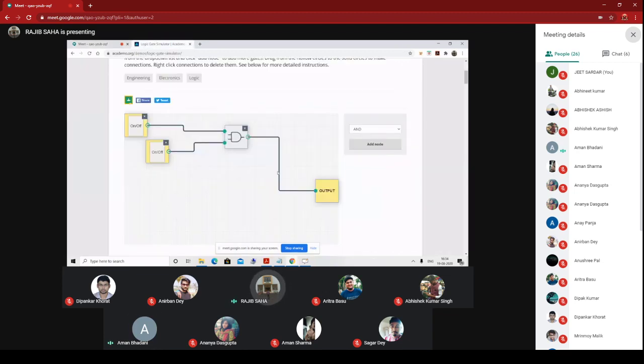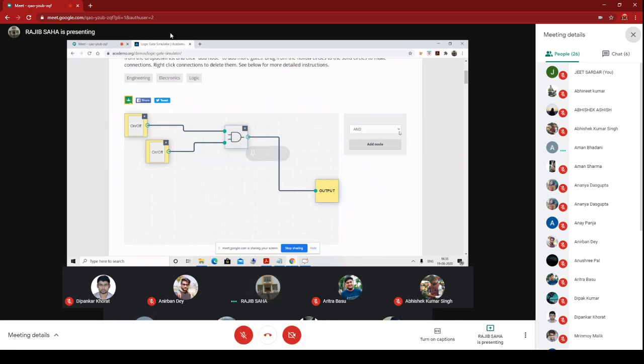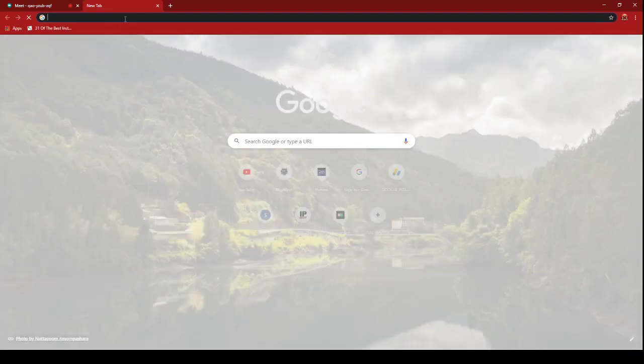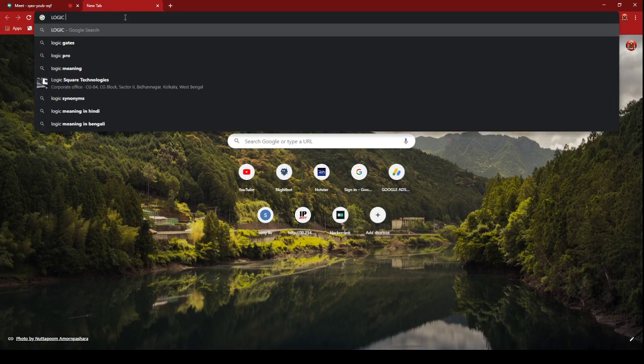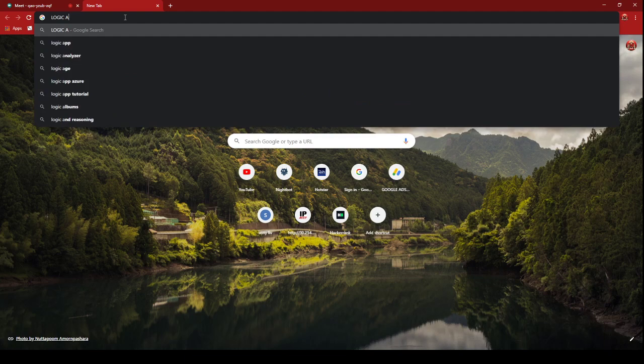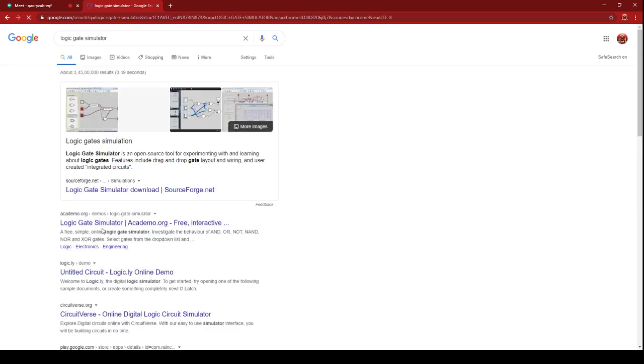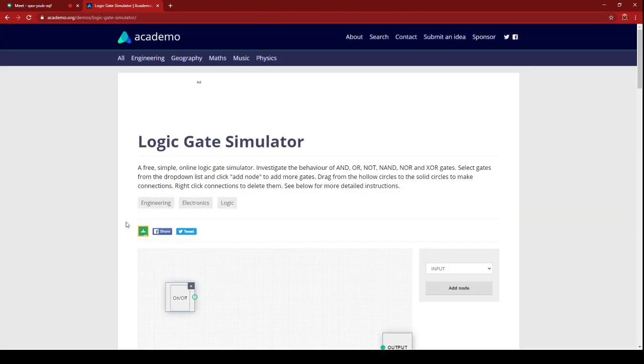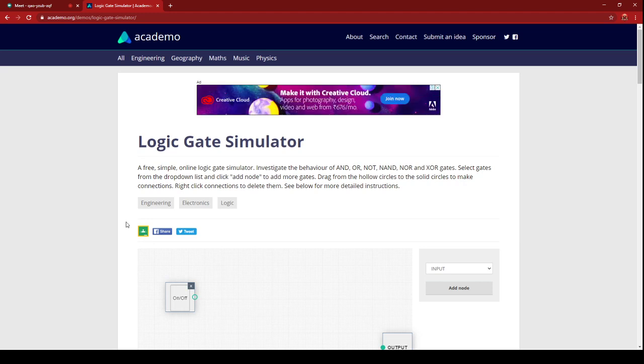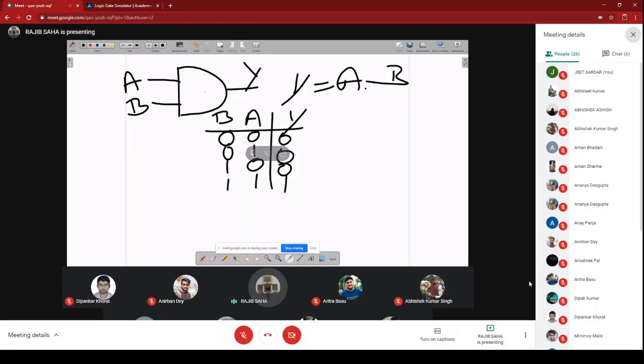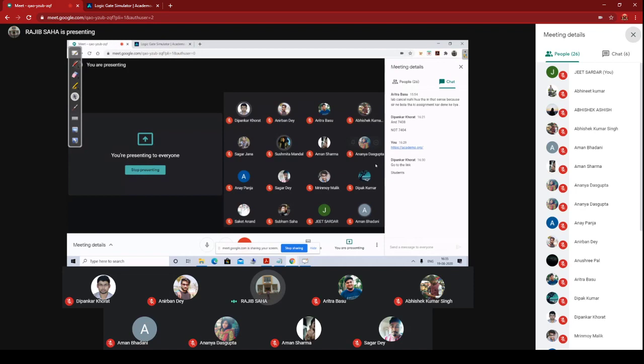So when you click this window will appear. Have you got this one window? Yes, sir. And then there is a drop down list. Just select the gate or input or anything what you require. Okay, and then click on the add node. Suppose you require a node, select a node here, add node, it will come, and by using drag you can put it anywhere where you want. Okay, if you've done this one now, if anybody has done this, then just inform me in the chat box.